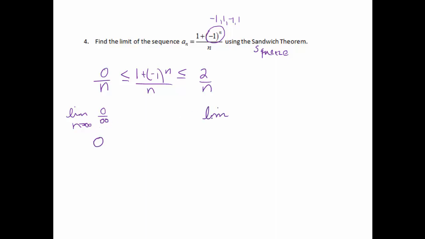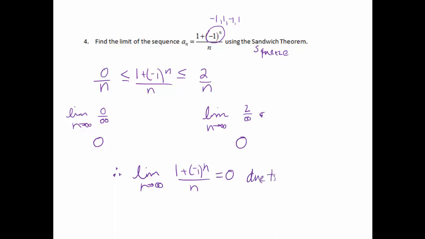I'm going to find the limit of my right endpoint. As n approaches infinity, I'll get 2 over infinity. That will also give me 0. All right, so since we found out the limit on each end is equal to 0 due to the sandwich theorem, we can also then say, I'm just going to put a therefore, that's my fancy therefore symbol, the limit as n approaches infinity of 1 plus negative 1 to the n all over n must also equal 0. And that would be due to the sandwich